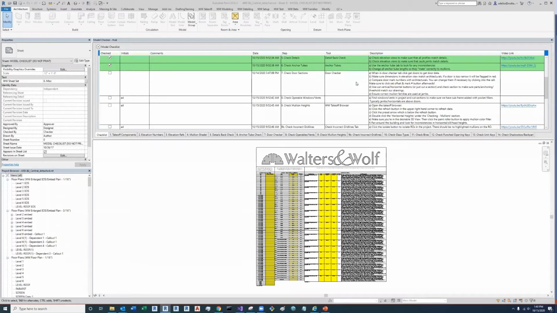Next step is check door sections. So in this step, you're going to go around the project and check every door in the project to make sure that the doors are okay. The things you're going to check for are the dimensions, whether the door widths and heights are correct, and